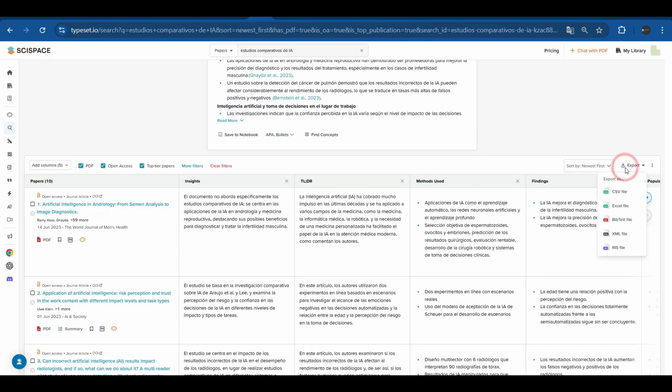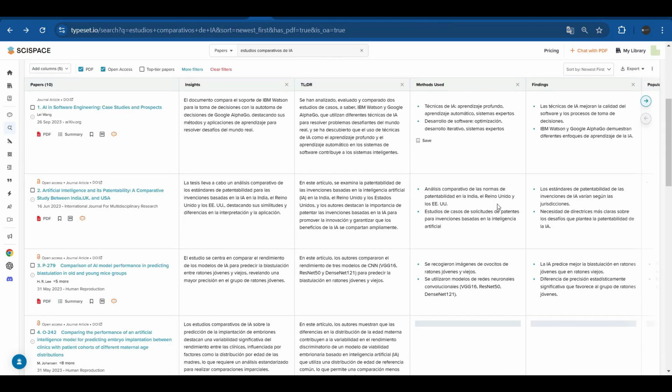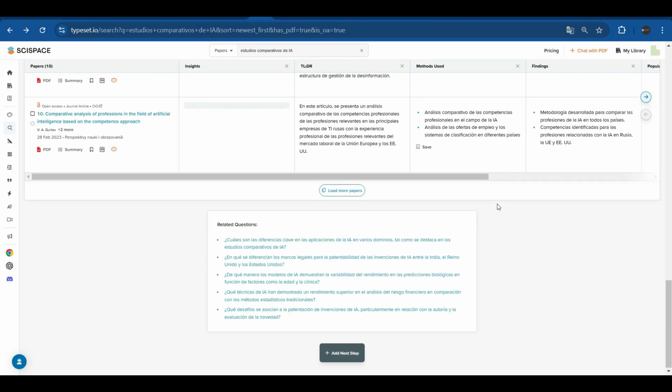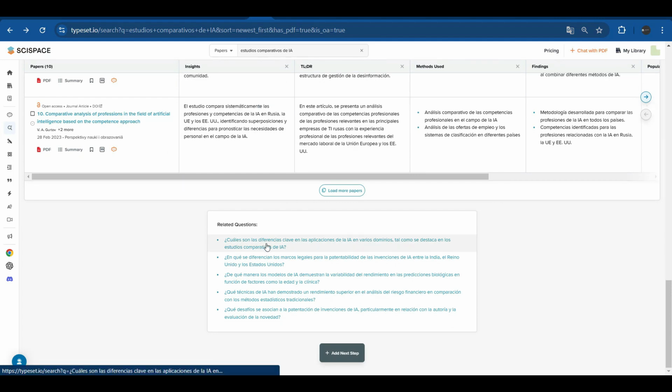This analysis table that it returned to us, we can export. It can be in CSV format, Excel, XML, RIS. At the end of the analysis table that it returned to us, it also writes some important questions related to the topic that we initially asked it to review in the literature, which, if you remember, we asked as a topic or research question,